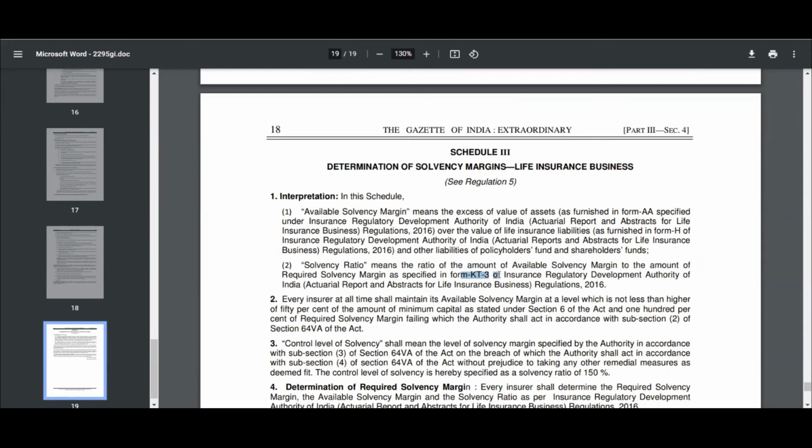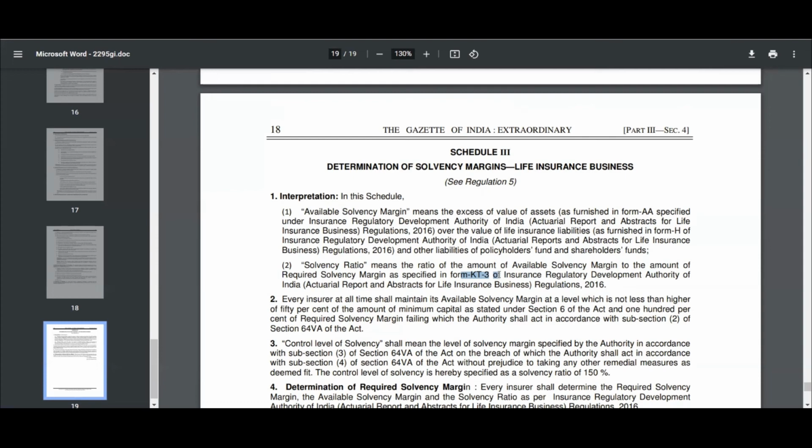In order to understand solvency margin, you have to visualize it in the following manner. Suppose you have total assets of say 150 rupees and total liabilities of say 100 rupees. So 150 minus 100 would be your equity or your capital, right? So this 50 rupees would be the available capital. Within that available capital, there is a required capital which you always need to keep because of regulation. You cannot put that required capital into equity, although it is free and not backing any liability, because you still have to maintain some regulation and restriction on it.